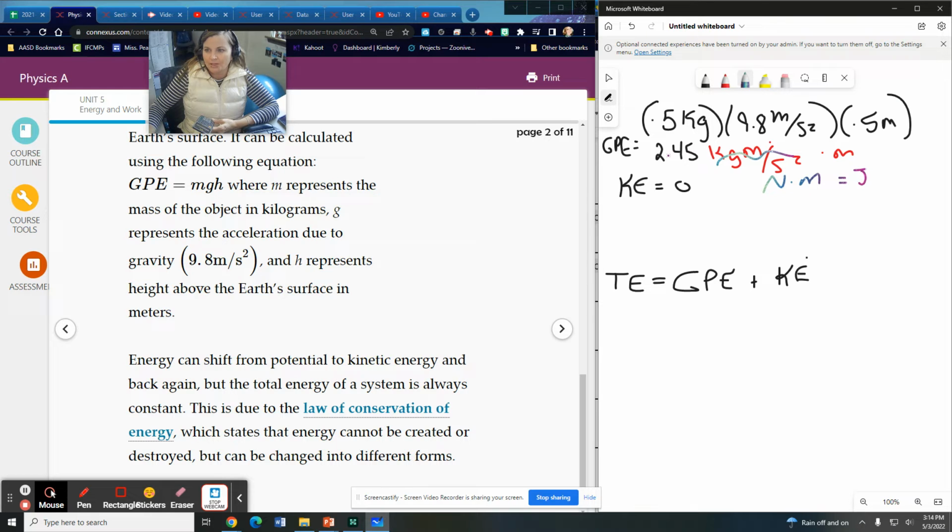So our answer actually is 2.45 joules. That's our final answer, which is the unit for energy. Okay? So our total energy is 2.45 plus 0, which is 2.45 joules. All right. So that's the energy it has when it's up here,